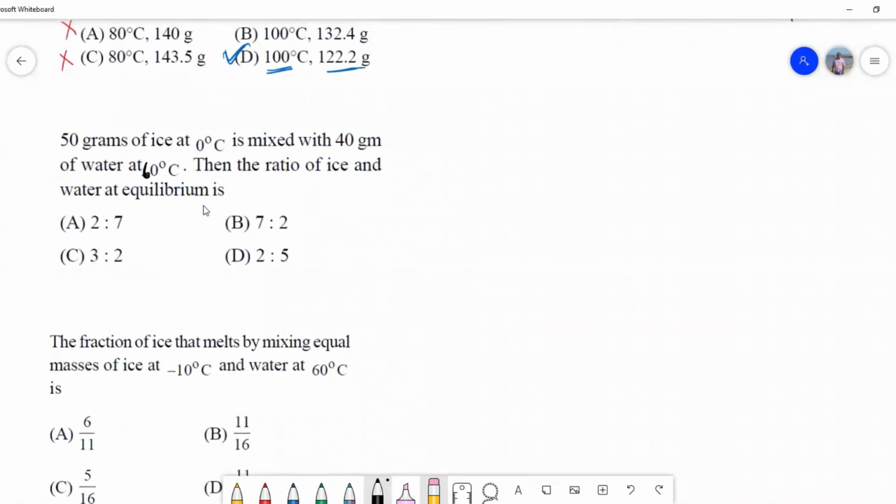So whenever there is ice and water, what is the resultant temperature? So temperature of mixture should be 0 degrees centigrade. So mL of ice should be equal to mcΔT of water. Ice will absorb energy, water will release energy. Let us equate. So how many grams of ice we have taken? But remember, all ice is not melted. Okay, that's what the ratio of ice is there.